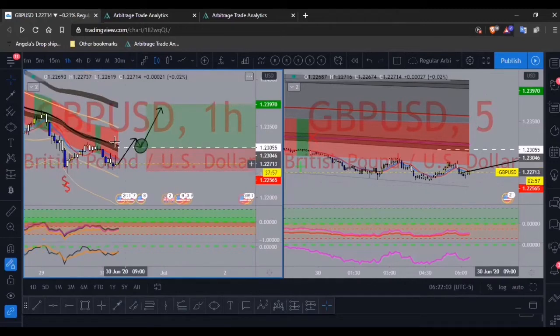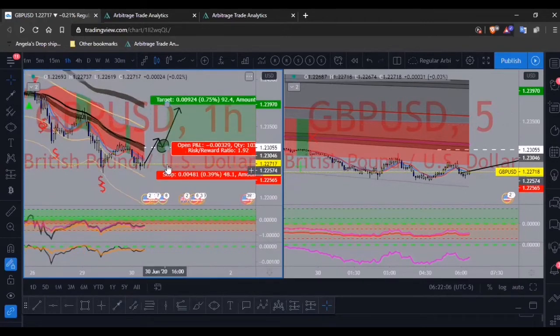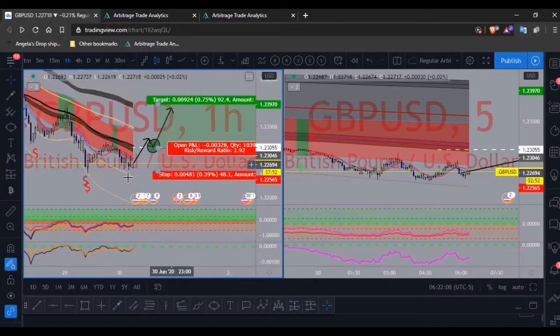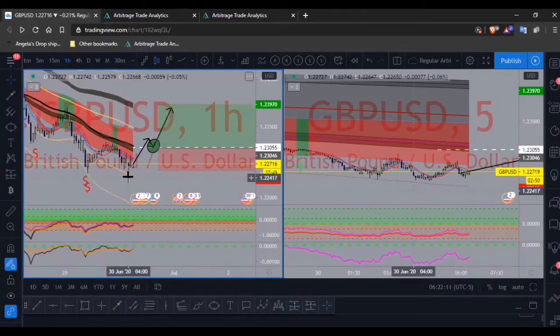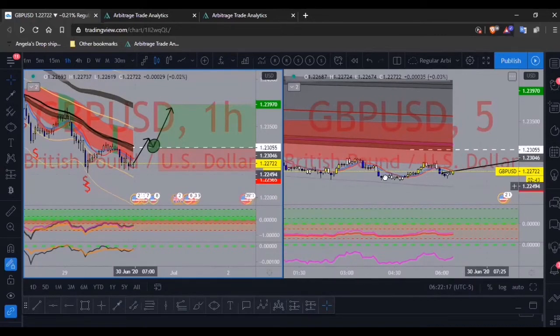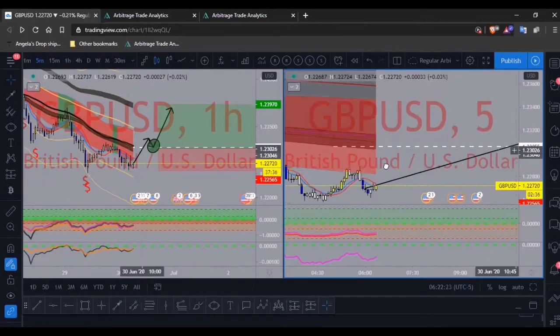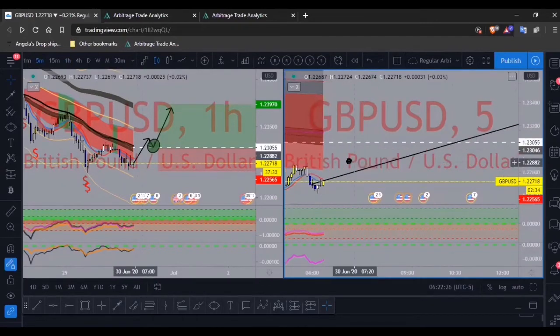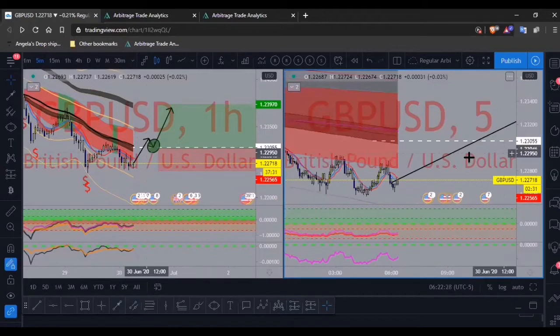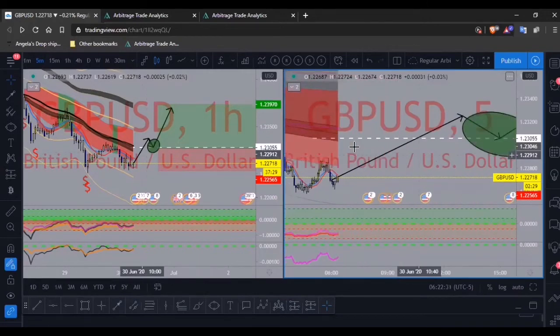And overall, I do want to see GPUSD go bullish. So this matches up with my weekly analysis as well. So those are good signs. Those are the type of signs that I want to see. But again, I need for price, and I'll just scooch this to the right. Yes, about the same thing. Probably won't happen on the 5 minute this far down, but I'm just going to leave it up regardless.